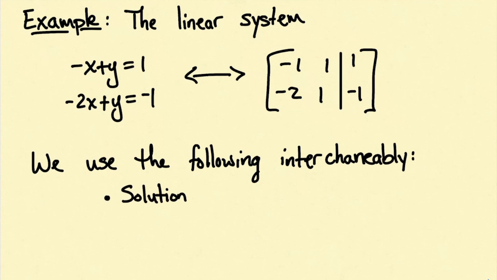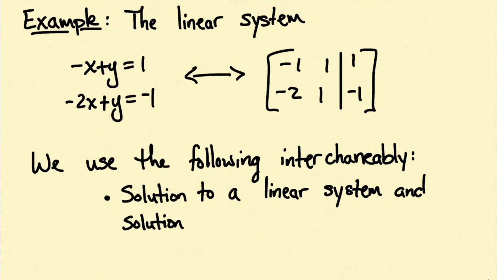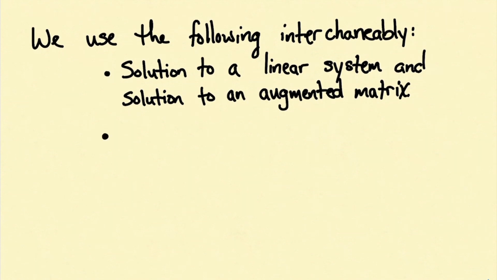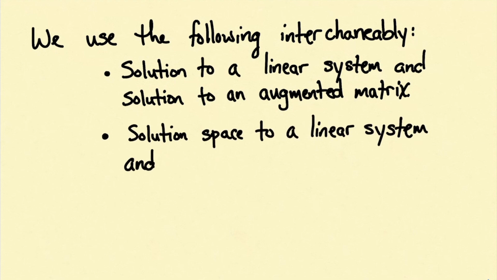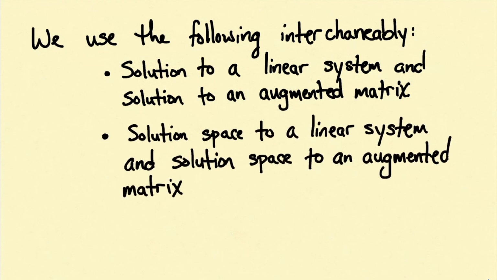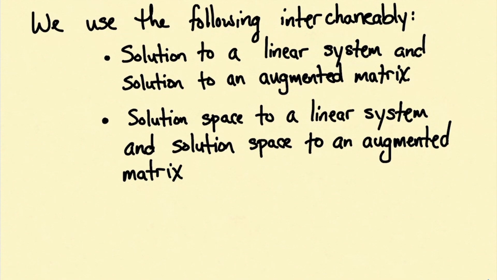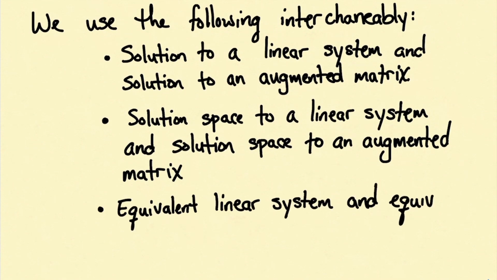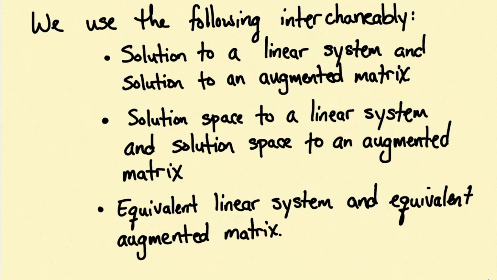The solution to a linear system and solution to an augmented matrix, solution space to a linear system and solution space to an augmented matrix, equivalent linear system and equivalent augmented matrix. Normally, we won't specify whether we're talking about the linear system or the augmented matrix. We will simply use the words solution, solution space, and equivalent when it's clear from context